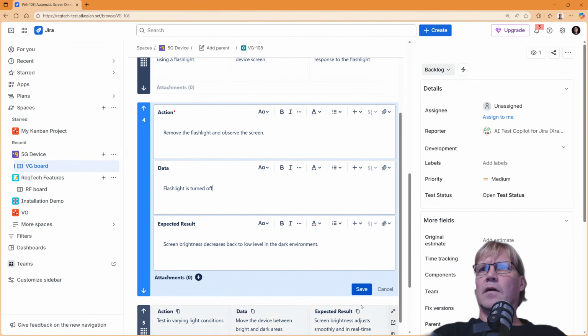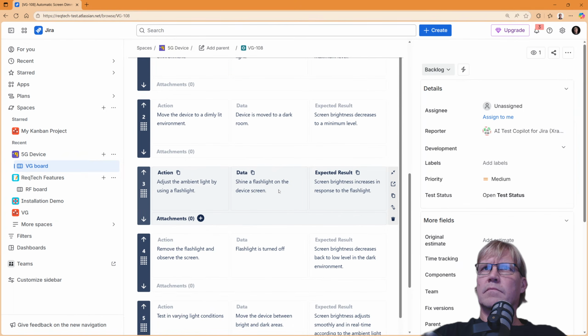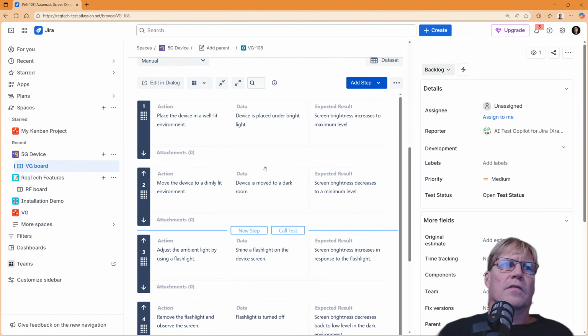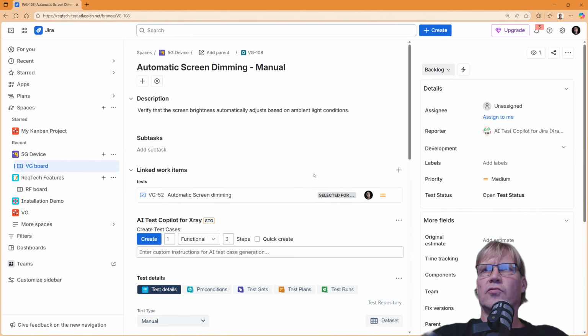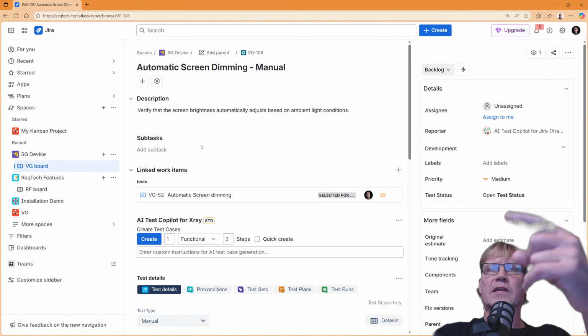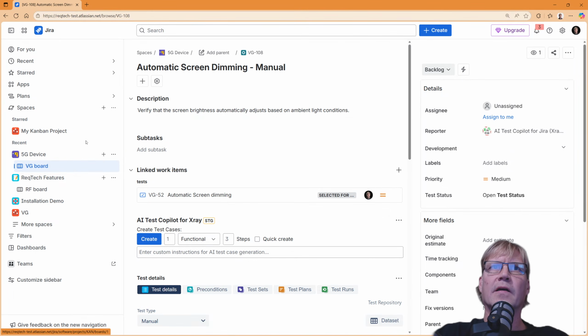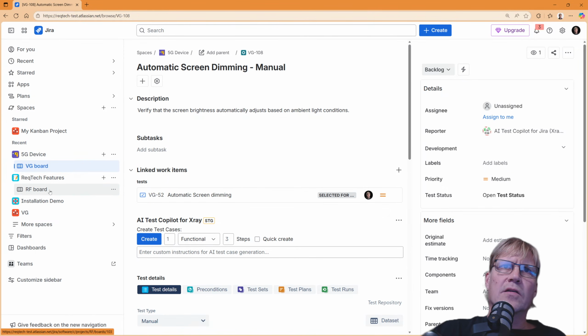So, but that's briefly what our apps do. And as we remember, we have the very same one for generating test cases to the Zephyr. So basically doing the same, but the button sends them to the Zephyr instead of Xray. Cool. Next, now that we know the basics, how these apps work, then let's go to our own